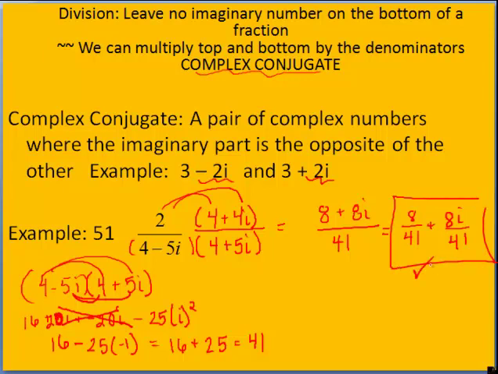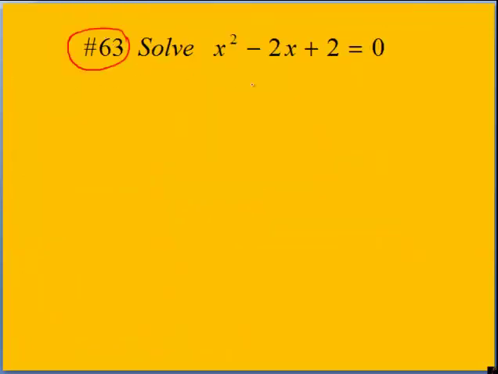This is done. You might be wondering, why all of a sudden are we doing complex numbers? Well, this is going to be something where I'm solving for this x. What values of x is going to set this equal to 0? So in other words, we're trying to find what are the solutions of this quadratic. So the solutions, of course, after looking at this, I could try factoring. But there's nothing that I can think of that multiplies to be 2 and adds to be -2. So I'm going to skip the factoring. The other route is we could try to complete the square on this, or we can just use the quadratic